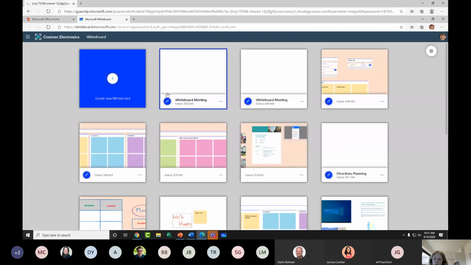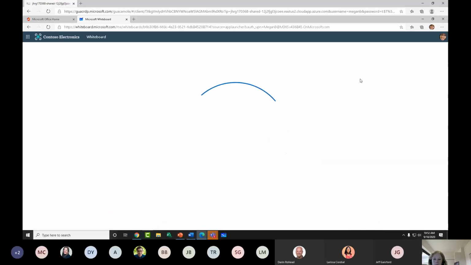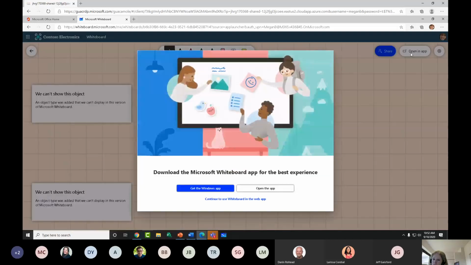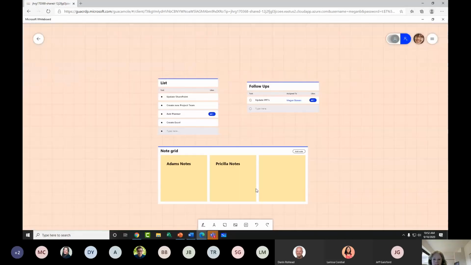Because remember, all the whiteboards I created, even the ones in the desktop app, are here, right? And then from here, if I get on my normal work computer, I can just select open in app, and this will transition me to being able to open it right inside of the app on my device. I can then have access to all those tools that are going to make it an even more useful tool, including the ability to share those whiteboards with your coworkers, right?